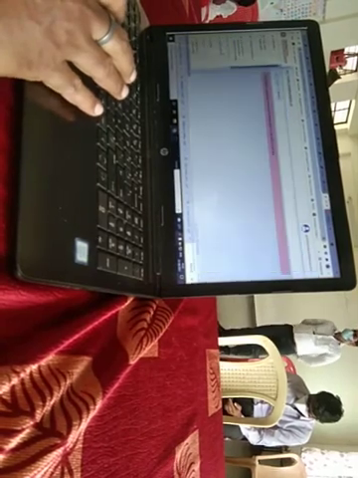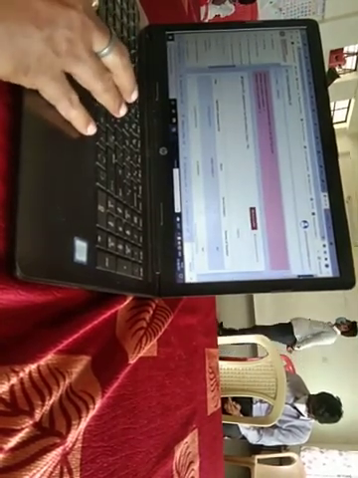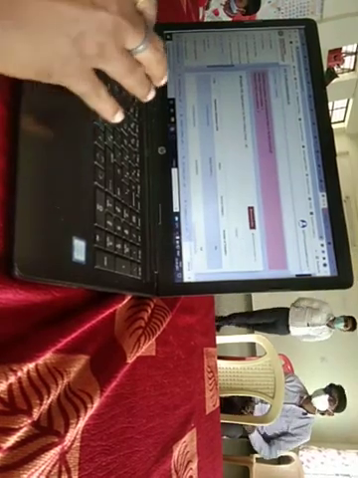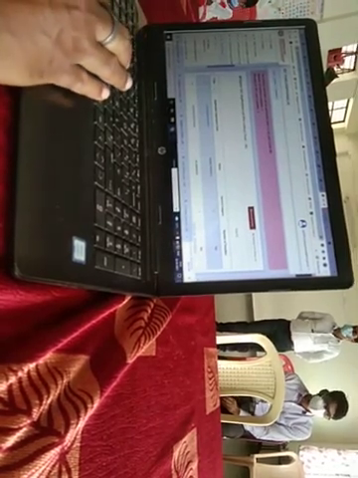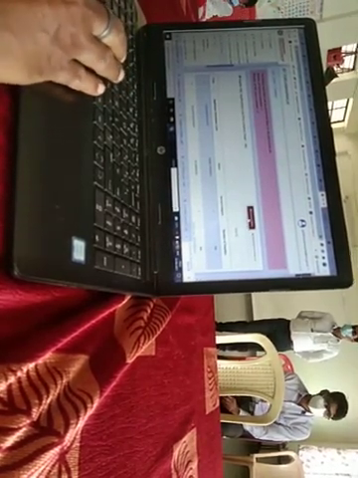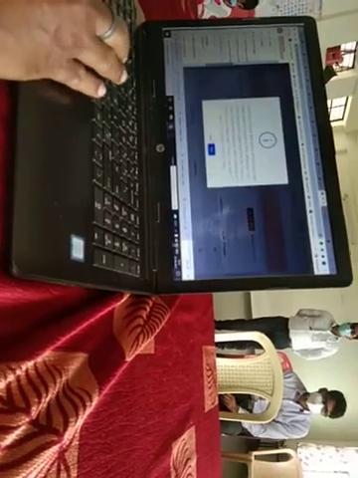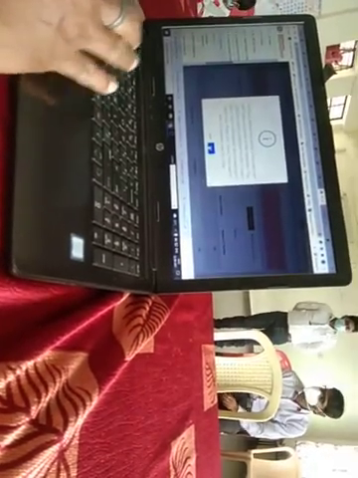Then finally we will move towards single girl child lottery. Total 46 applications we have received, and we have 4 seats under single girl child category. I will conduct the lottery. Confirmation.